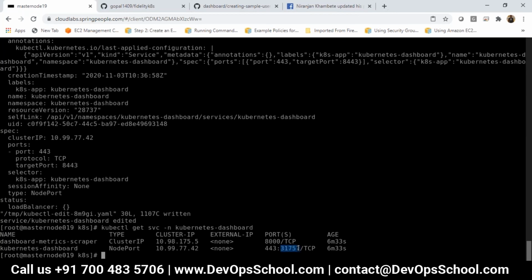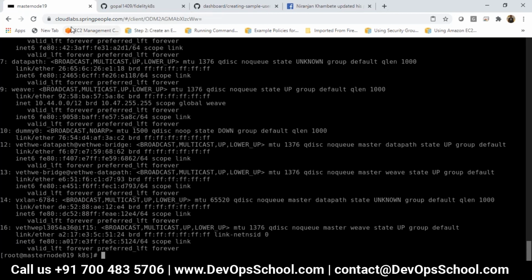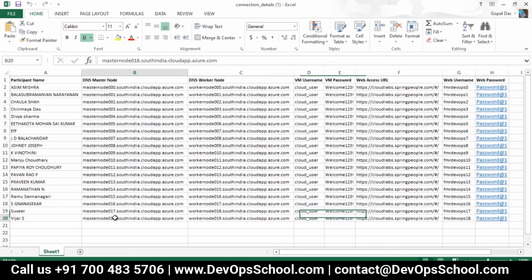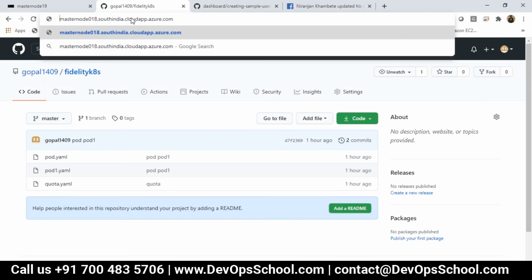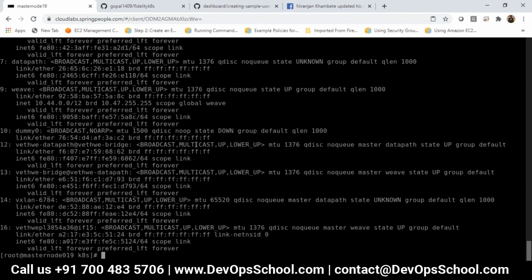So this dashboard is available using this port number. Now if I put the IP, I need to go to the master node, since this has been deployed on the master node. In the master node, I will put https, then the IP and the port.